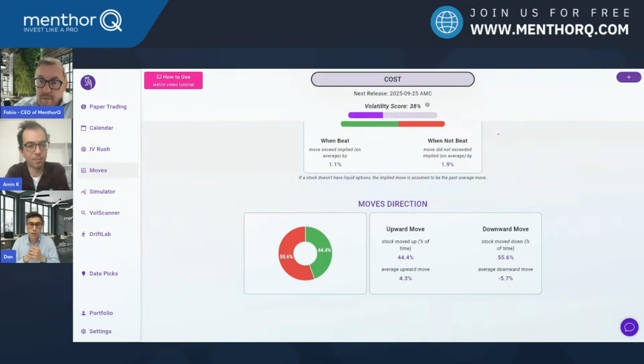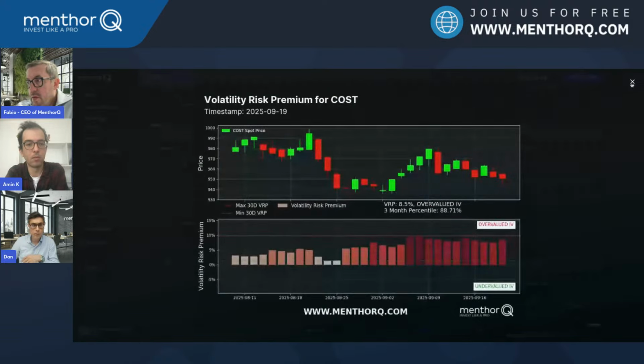Economic things change. So another thing we should keep in mind is that this is a good play, but not the perfect play. But that's not bad. If we want to play that, then we will also look at what MenthorQ gives us, so we know where things could even go worse, or for the best scenario, where we can calibrate our stock. And we see here that we normally tend to go down. This can mean something, but it doesn't always mean something. So let's go over to MenthorQ, and before we deep dive into volatility risk premium and what that means,